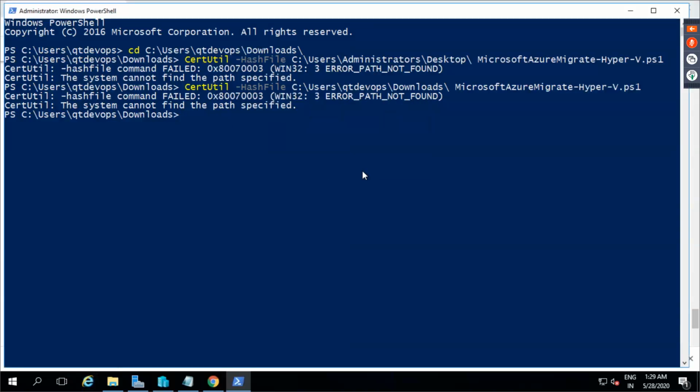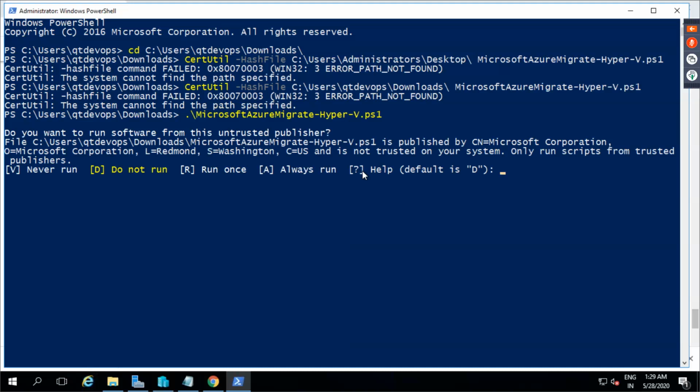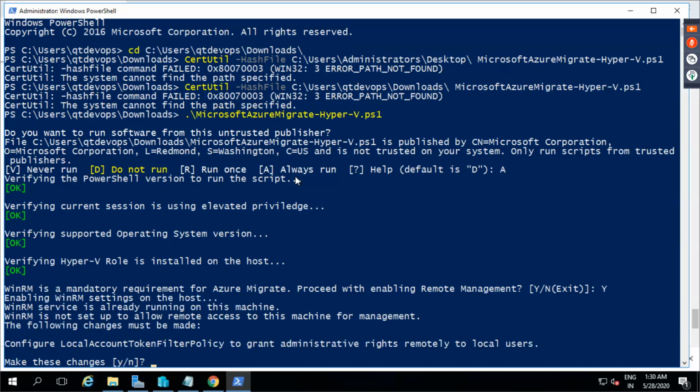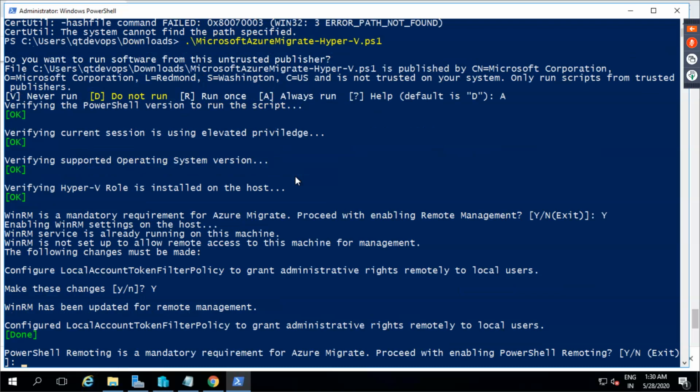Okay. Right. Now let me try to run the Microsoft script. And remember, this script will run as a PowerShell administrator. So do you want to run it? Do you want to always run it? I want to always run this. So it is trying to tell that WinRM is required. Okay. Right.